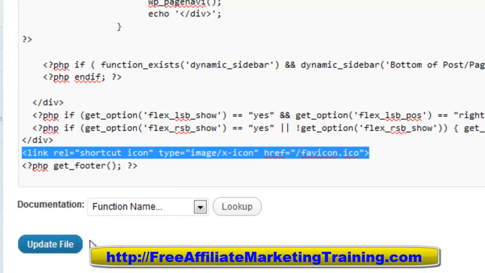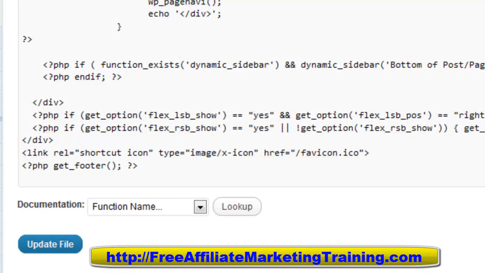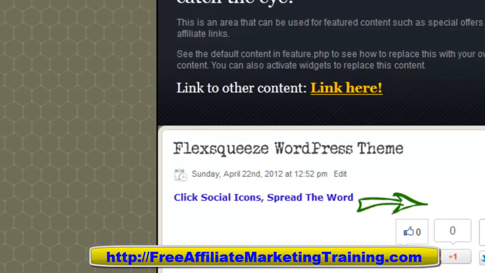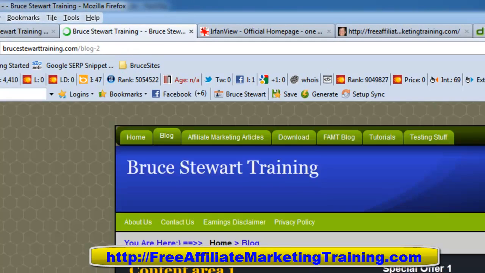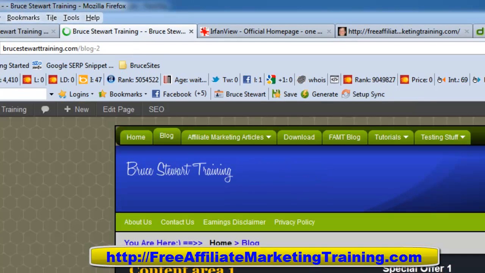Then I updated it, which like this, so I can do it again, and we can check the site and do an F5, just to make sure that we're doing that right, and see if it's coming up now. And if it doesn't, I'll show it to you on a Chrome browser, my other browser,